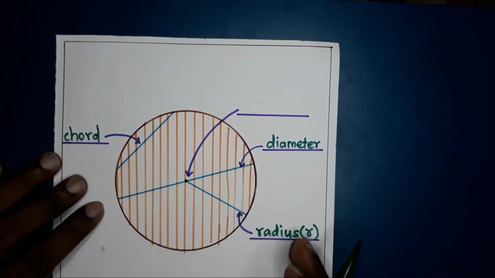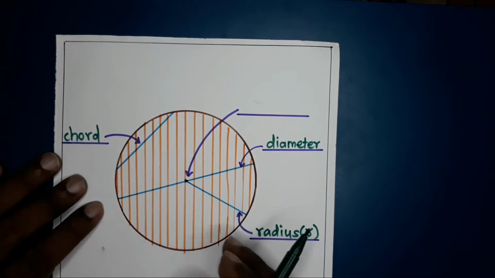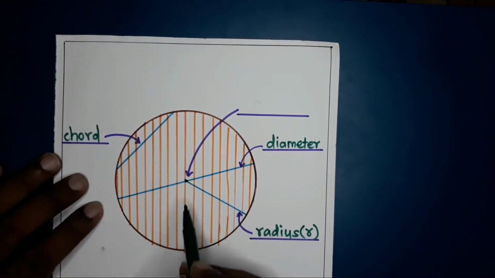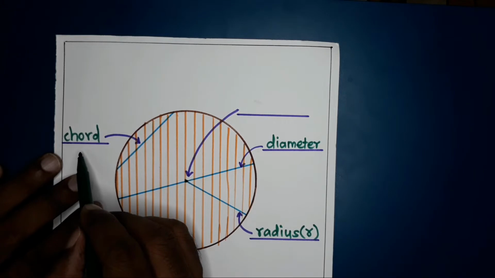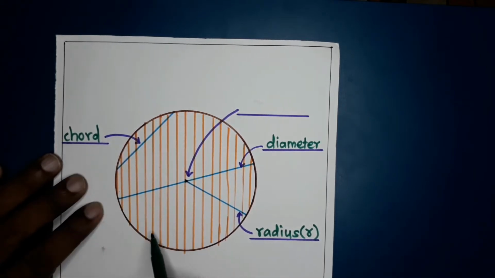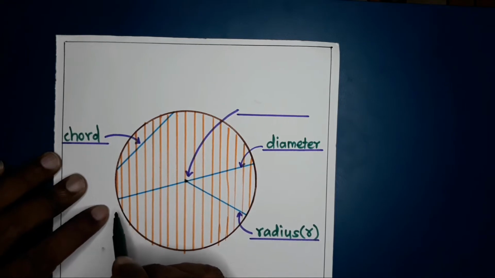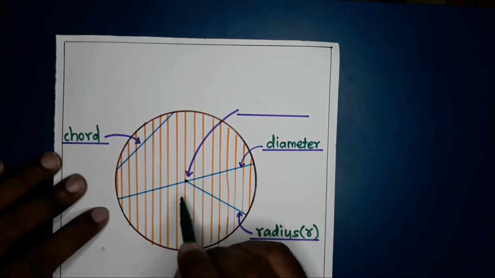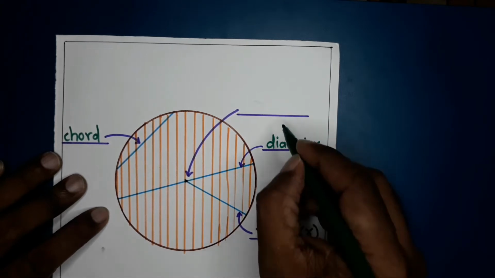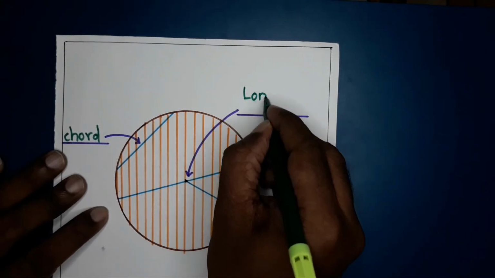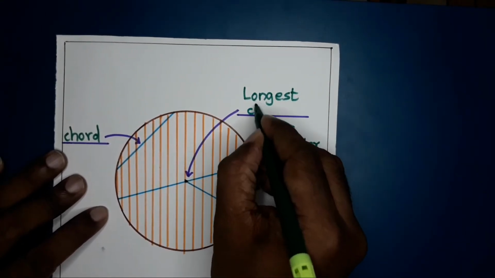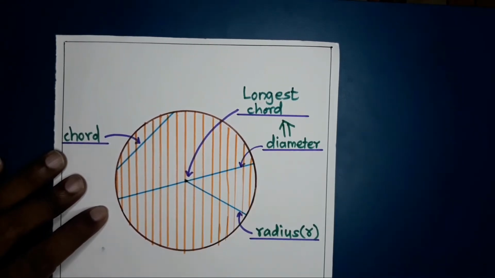I know that we have seen all these terms in previous classes, but we are going to refresh our knowledge. Okay, again, radius is the segment joining the center and any point of the circle. Then any segment joining any 2 points on the circle is called as chord. It is also a segment. Okay, then if a chord is passing through the center, it is called as diameter. Okay, now let's see one more property of diameter. Diameter is the longest chord of the circle.